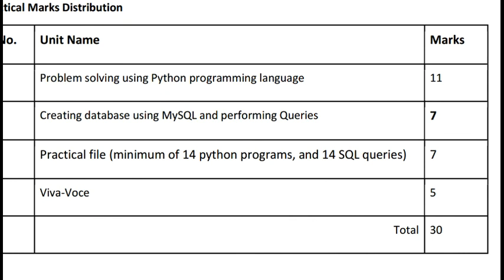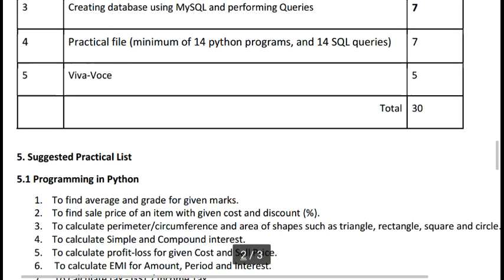In the 100 marks paper, 70 marks are for the theory exam at the annual examination. This belongs to the annual examination, and 30 marks for practical. Okay, in practical you will create some Python programs in the exam, you will create some MySQL queries in the exam, and you must make a practical file. In the practical file, 14 Python programs and 14 MySQL queries, and viva voce means I will ask some questions. Okay, now